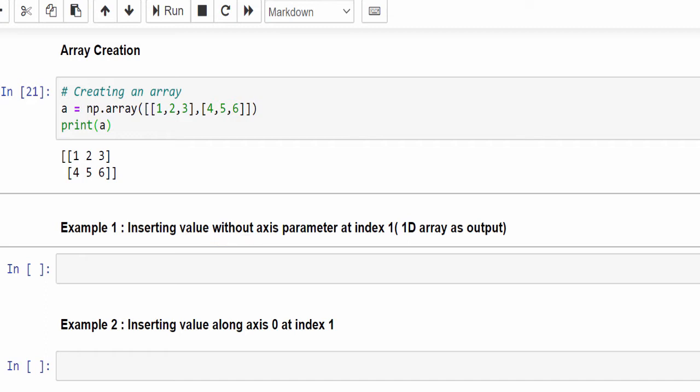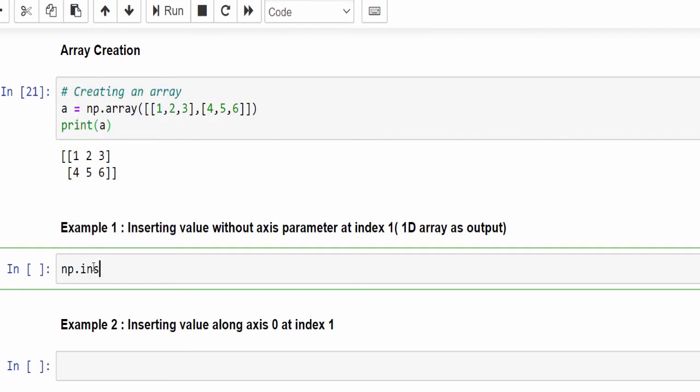We already know if axis is not mentioned, then it will create the 1D array. np.insert(array, then what is the index we are going to insert at? 1 means, here you can see this is 0, 1, 2, 0, 1, it means this is the position it wants to insert, comma, 10 11 12.